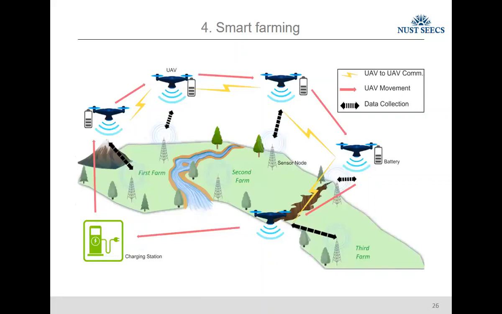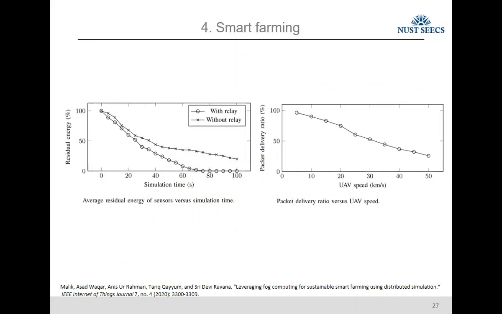Okay, so this one is more or less similar, but this is ongoing work which we are focusing on the intruders. The sensing UAVs are there, they are collecting the data, but if somehow intruders get into your system and try to manipulate your data, how can you predict your data collection behavior or the path of the UAVs if some intruder gets in and tries to disrupt your entire framework? So this was the extension of the previous work, but this is ongoing work. Now we are focusing on intruders. So these are the results.